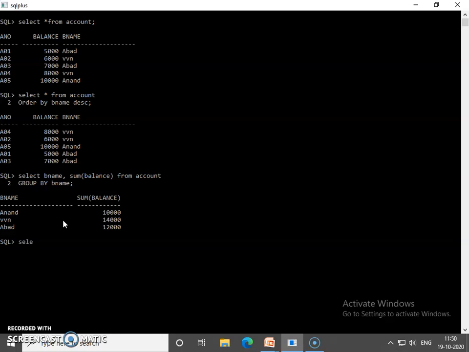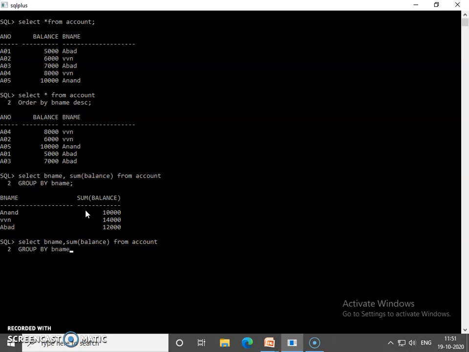The example of having clause is: select bname, comma, sum, the aggregate function is sum of balance, from account table, group by bname column.